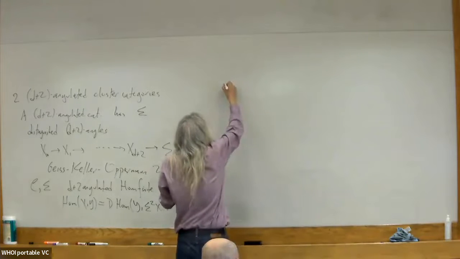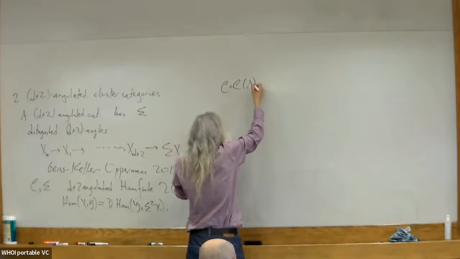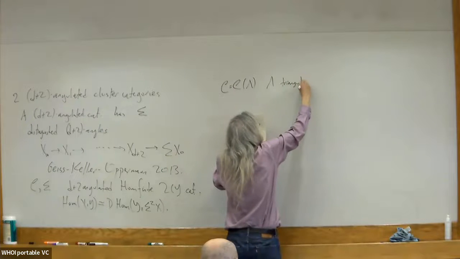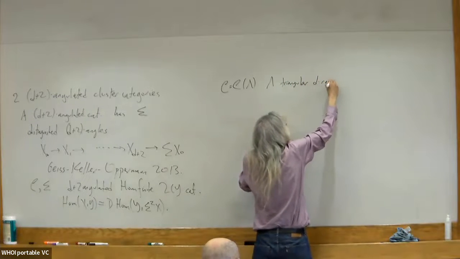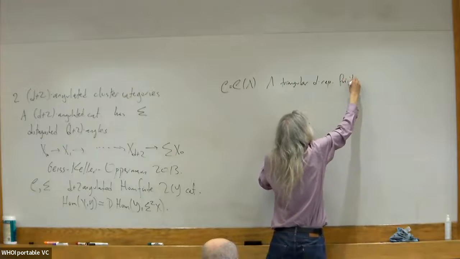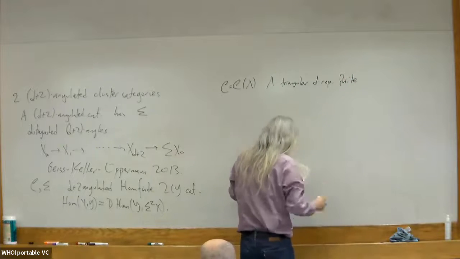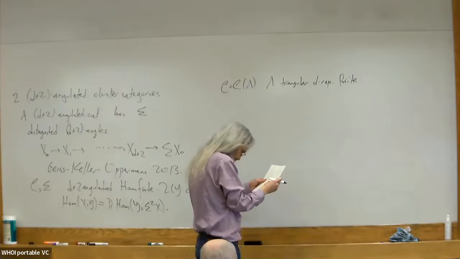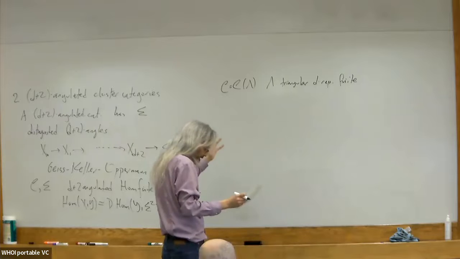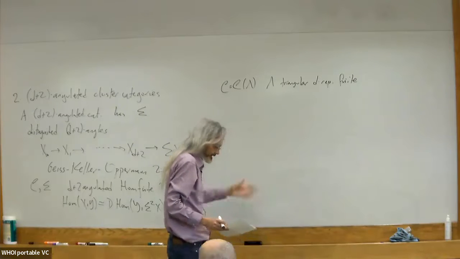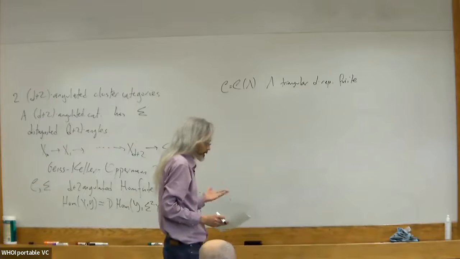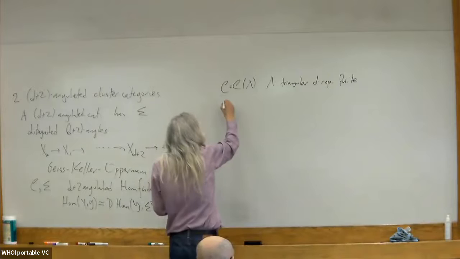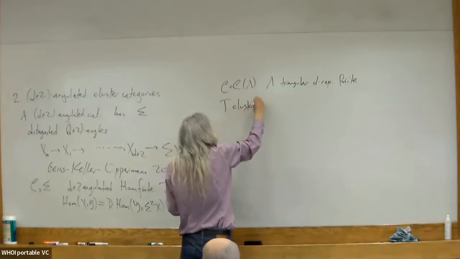So C is going to be C of lambda, where lambda is triangular and representation finite. So this is some higher analog of hereditary representation finite. This is really the closest that you could get in this D plus 2 angulated setting to the categories of Y Marchand, right? And so T is a cluster tilting object